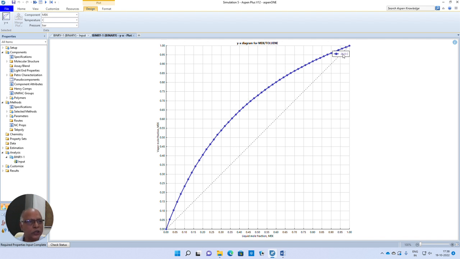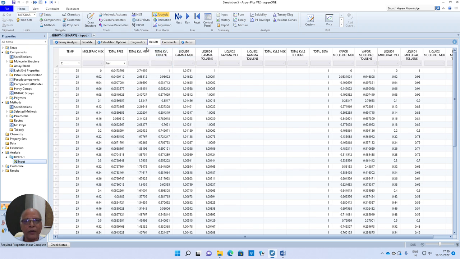Do you think you will be using this Y versus X to determine the number of stages in a distillation column by Pxy method? This is not useful because in a column there will be a variation in temperature from top to bottom. So this is not the one you will be using. In fact, you will be using Y versus X at a constant pressure. Okay. That you can probably verify. Then I will go back to the input